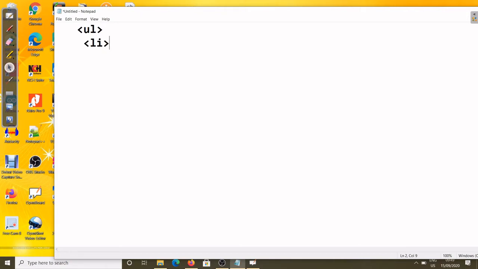First we have to define which kind of list you have, so this is the unordered list, ul. After that we start the li list item, then you can add any list item, then we have to close the li. Under any unordered list you can add n number of list items, depending upon your wish. Clear? And then you close the ul.